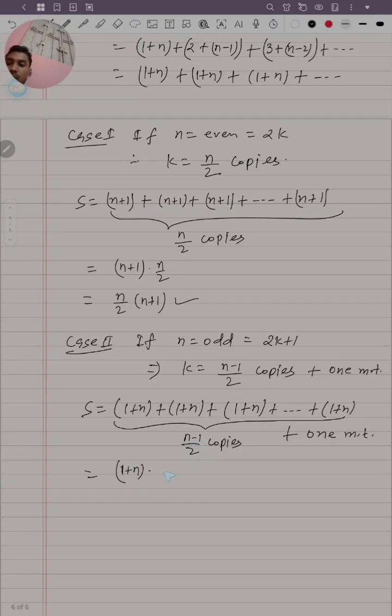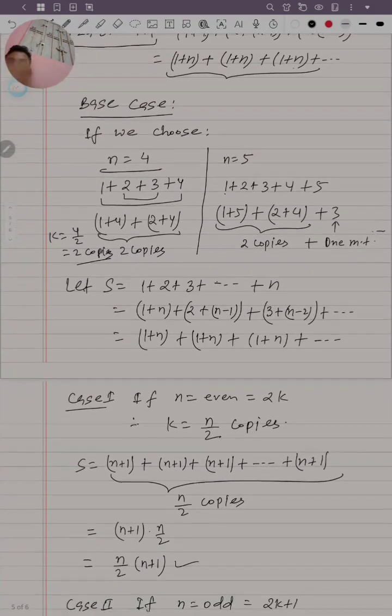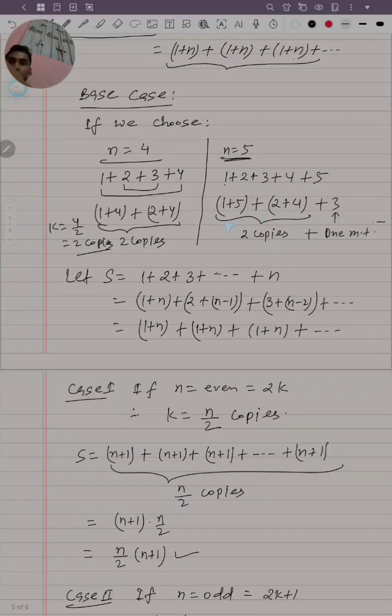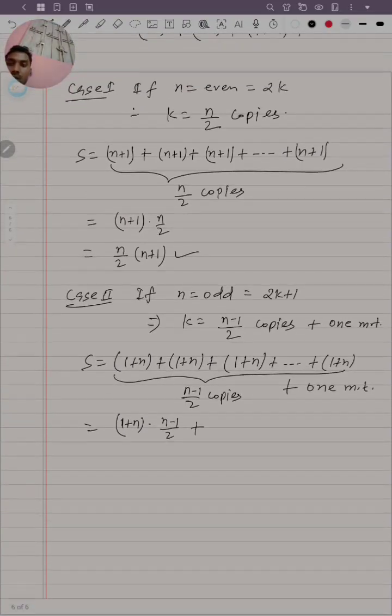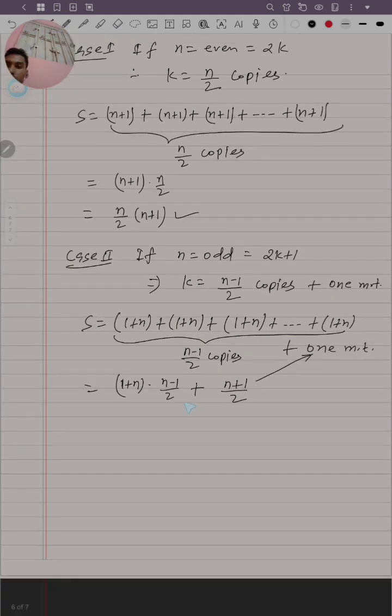1 plus n into n minus 1 by 2, plus one middle term left, because in the base case if n is 5, we have 2 copies plus one middle term. Similarly, if n is odd, therefore 1 plus n is n minus 1 by 2 copies plus one middle term. So my middle term is n plus 1 by 2 by the formula. So here we can see n plus 1 and n plus 1 by 2,